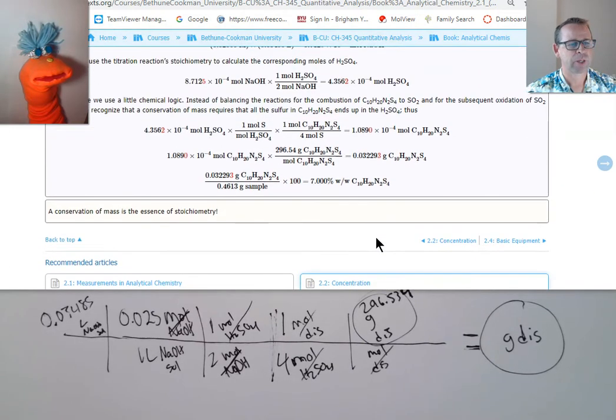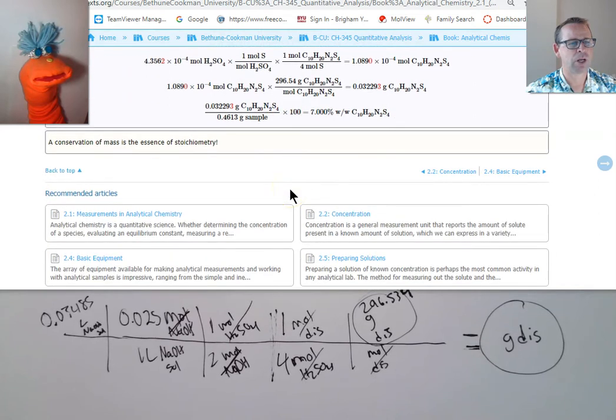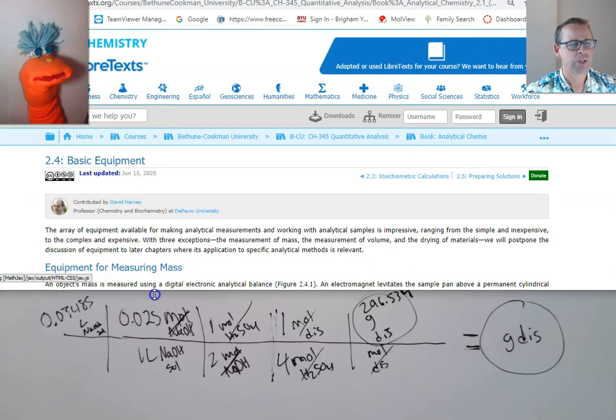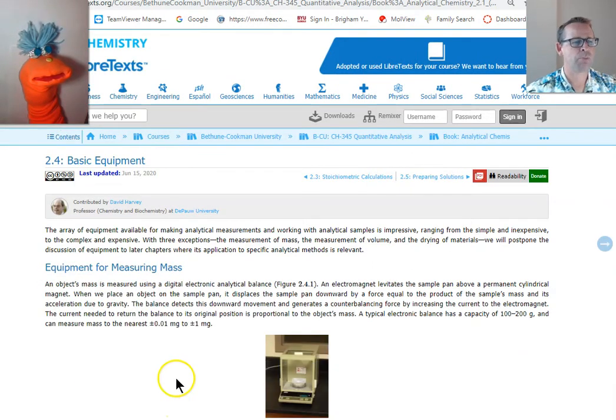Okay, very good. Excellent. So let's move on now to our equipment chapter, basic equipment section, 2.4 here. Equipment for measuring mass. Well, first let's preface this by saying there's a lot of different equipment out there that can do a lot of stuff. And if you major in graduate school in analytical chemistry, it's hard to predict what you'll be doing